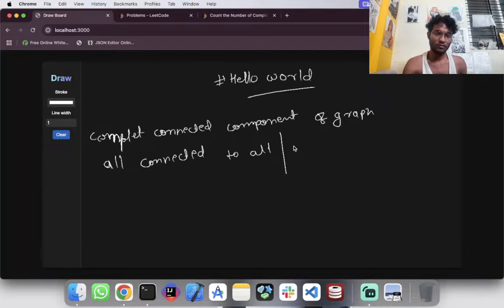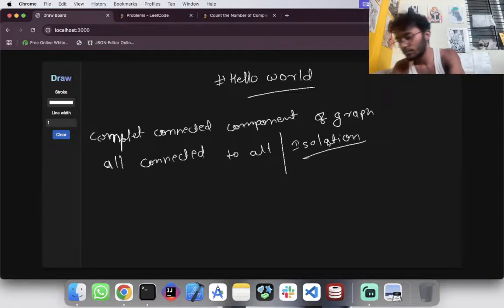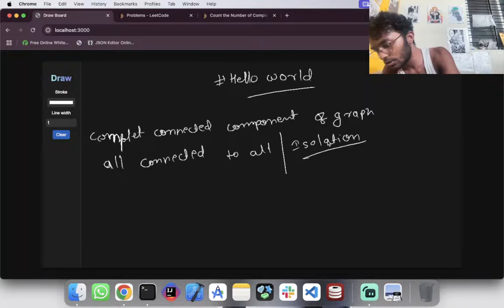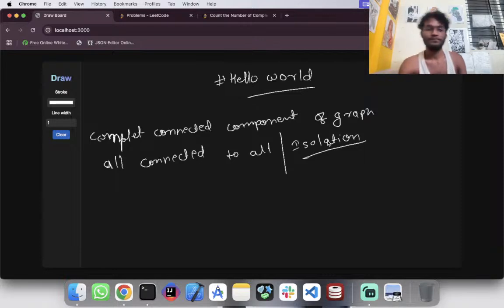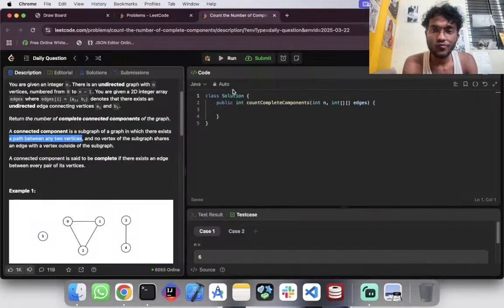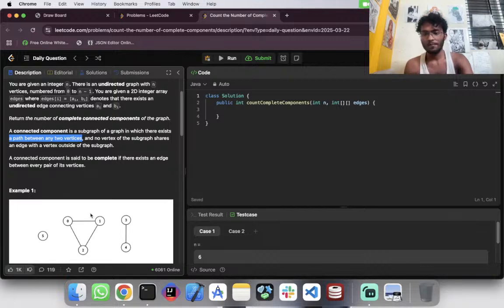and isolation, I guess. Hello, someone is watching. All to all plus isolation. Okay, so a connected component is said to be complete if there exists an edge between every pair of vertices. So example,